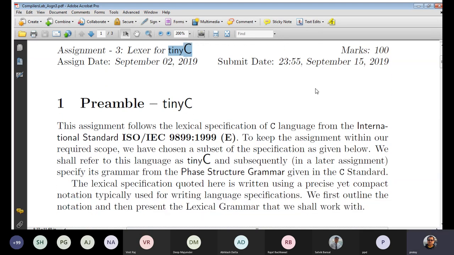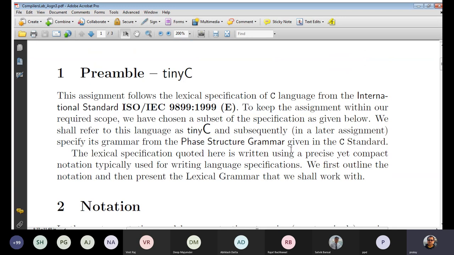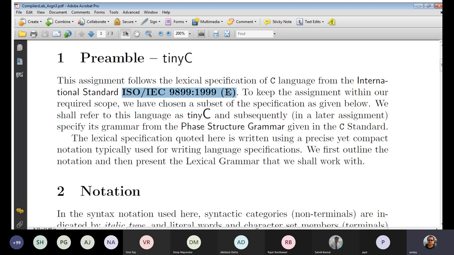Okay. Now for this, full marks is 100. The assignment follows the lexical specification of the C language from the international standard ISO IEC 9899-199E. So this particular file is also uploaded in Moodle. Last time I missed it, so this time I didn't make that mistake. I already made it available in the Moodle. So if you want, you can download this assignment file from the Moodle, and you can look at it in your terminal. It's up to you. But you have to follow